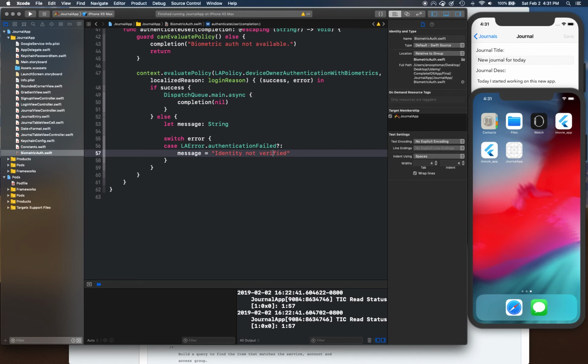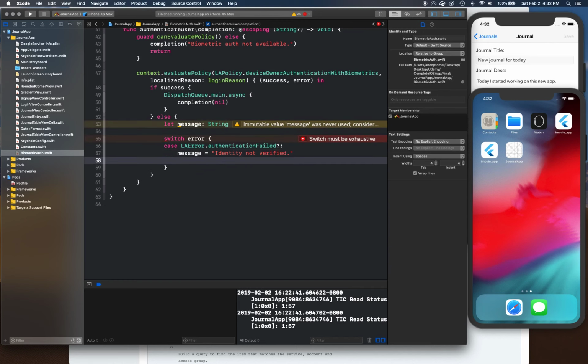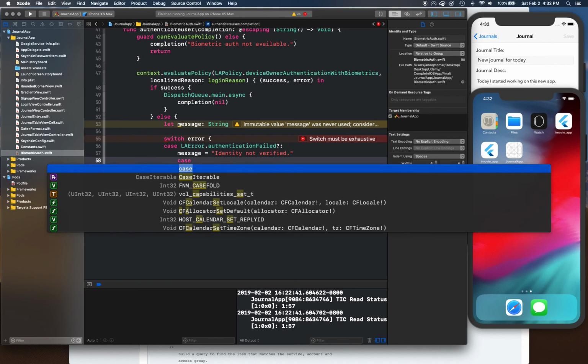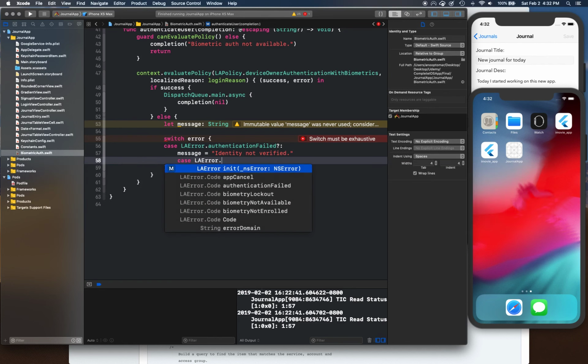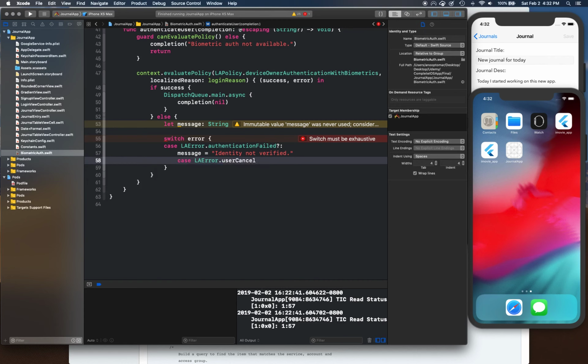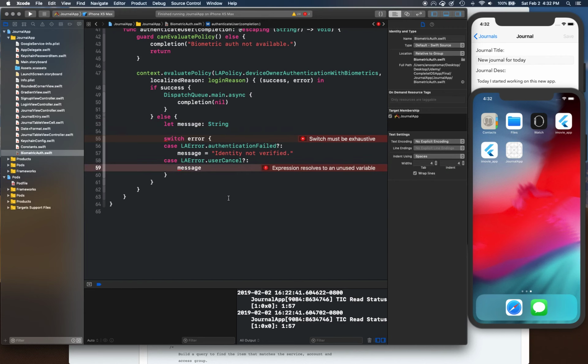So basically, if we could not authenticate, then we're going to show this message that identity cannot be verified. In the other case, if the user cancels, then we're going to show the message user cancelled,